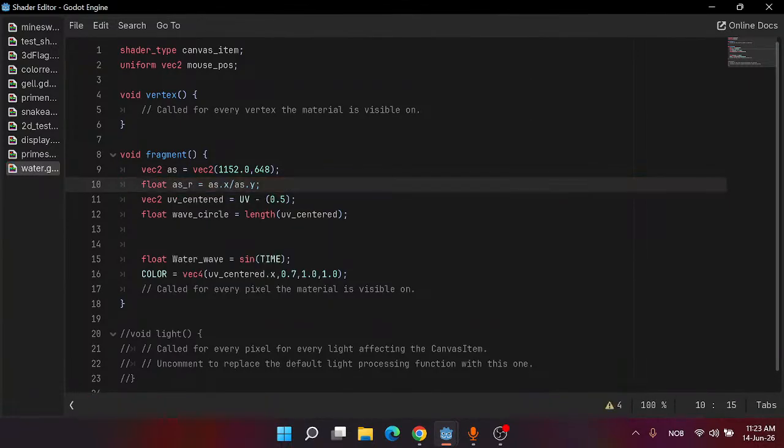Let's just simplify. So now this float value is our aspect ratio. The aspect ratio is going to say whether our screen is wider than it is long or longer than it is wide. As you can see, our screen is wider than it is long. So now we're going to multiply the aspect ratio by